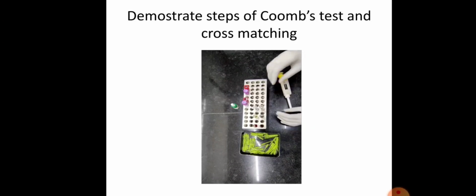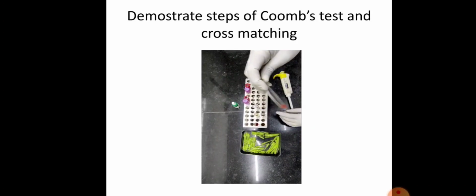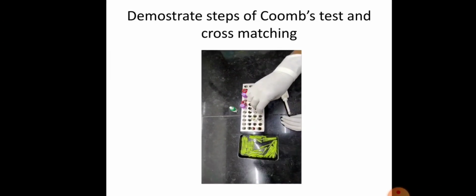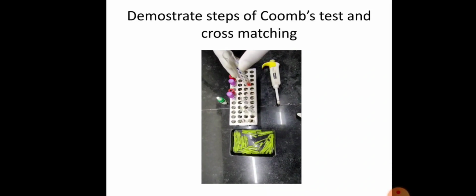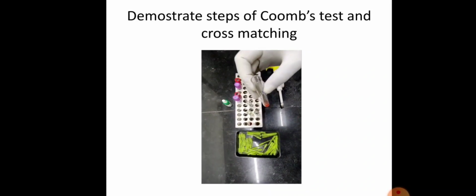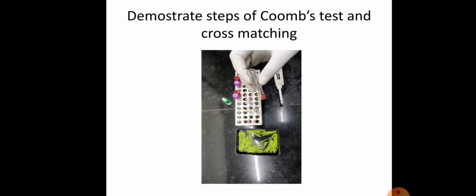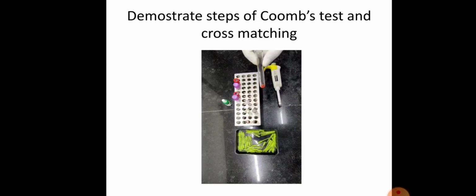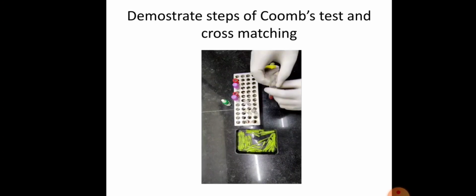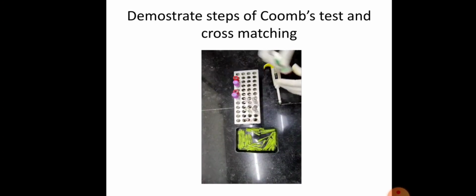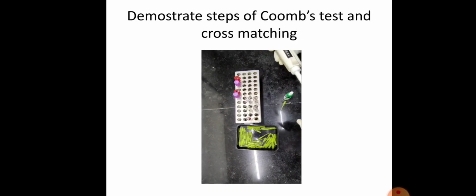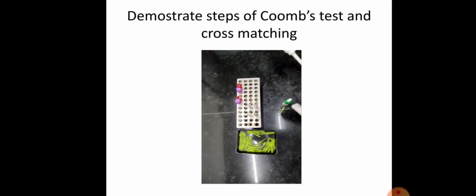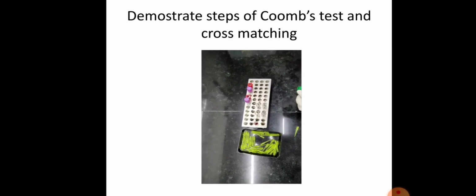Mix well and then incubate it at 37 degrees Celsius for 45 minutes. Why do we incubate this mixture for 45 minutes at 37 degrees? Because even weak antibodies or any other blood group antibodies can also be detected. Now, wash the red cell twice in saline and then add anti-human globulin serum, because it will act as a bridge. Okay, that's why we are using it, because we want a safe blood transfusion. So any weak antibodies should also be detected.